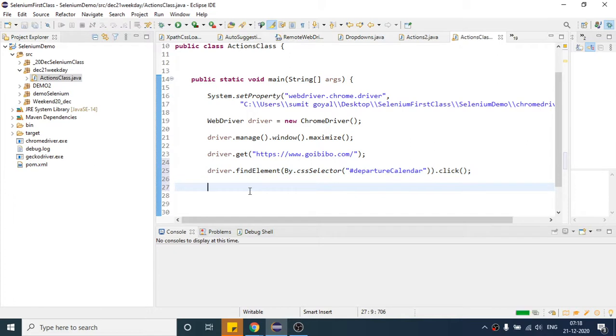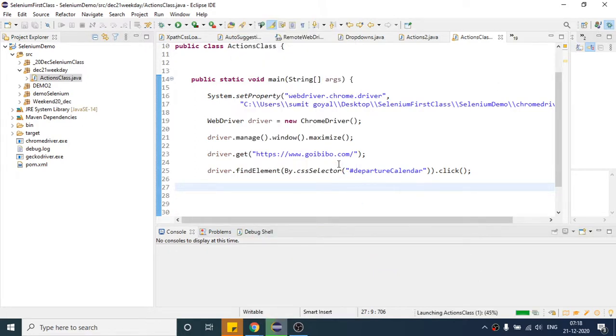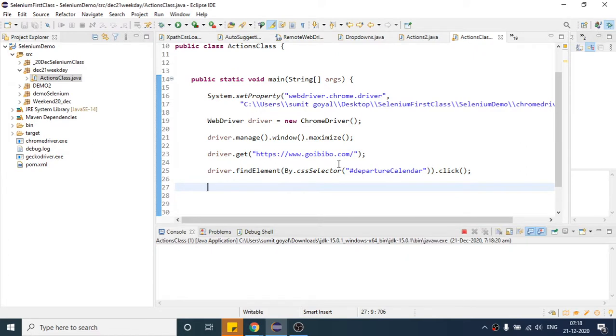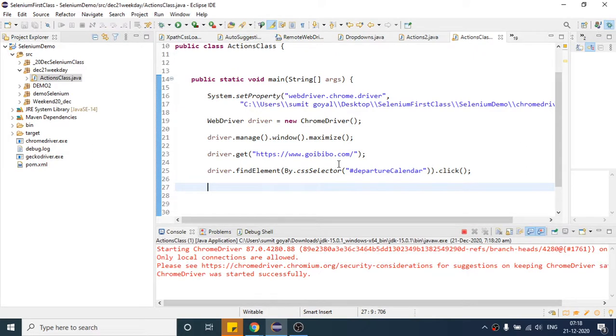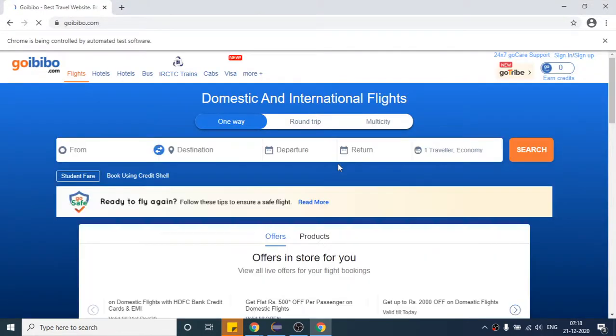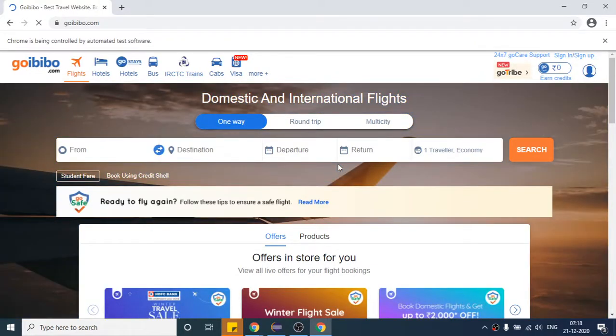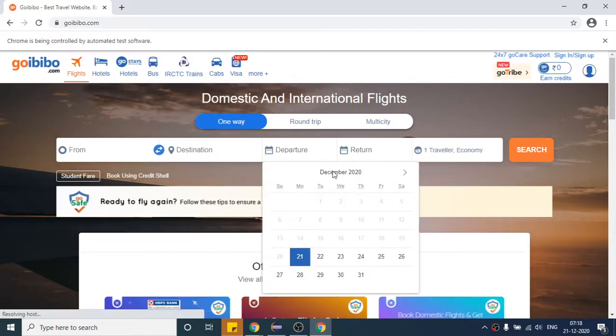Let me first run this part, then we will see what we have to do next. So you can see it automatically clicked on this.